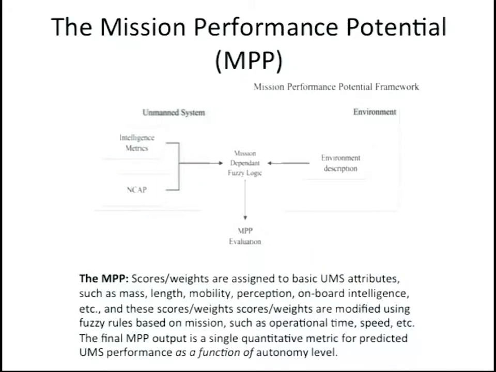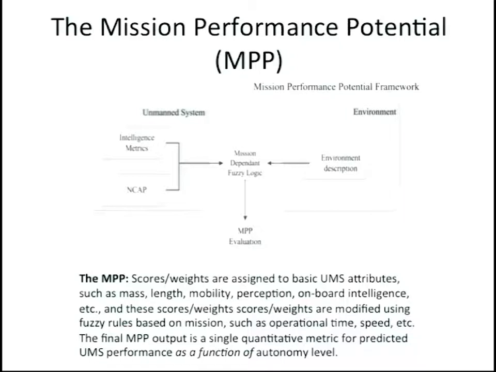The way this works is it's sort of the opposite of the ALPHAs. What we want to do is look at just the characteristics of the system, and I'll explain these acronyms in the interactive session. The idea is looking at how big it is, what its mobility is, what software it has, human detection and mapping, SLAM mapping, just the basic system components. Then take an environment description and a mission description, and use some scores, some weights, some mass, and using fuzzy logic, come up with the final MPP number to predict what you would expect the performance to be at a specific autonomy level. So these are things like, does it have to operate in soft soil?